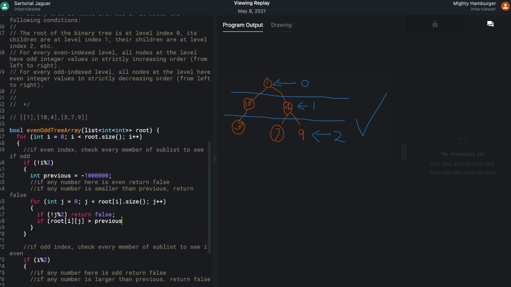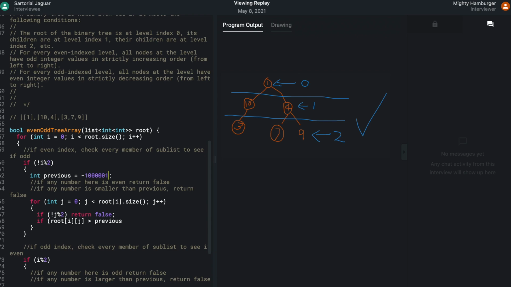Are they allowed to be bigger than or equal to each other, or do they have to be bigger than? What does increasing mean? It has to be strictly increasing. So if they're the same, then this would be false, basically. Okay, so I'm actually going to do negative 1 million and 1 then, because the number can be negative 1 million, in which case this case wouldn't work. Glad you caught that. Okay.